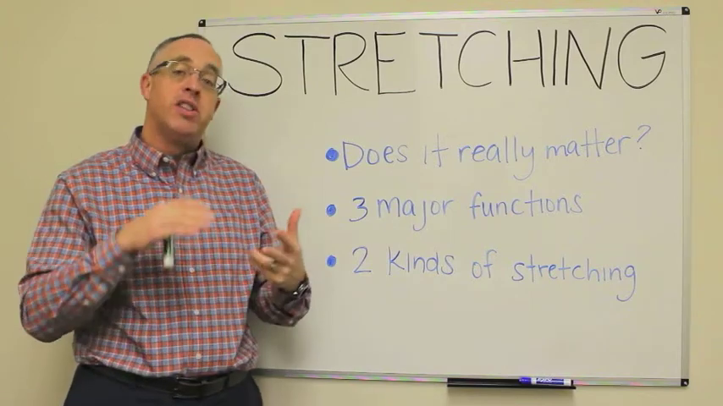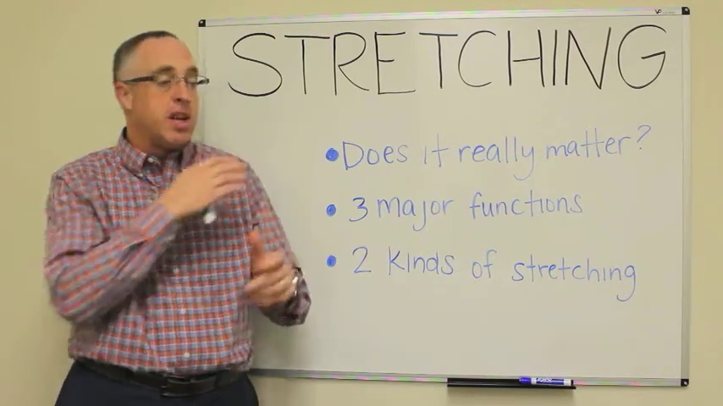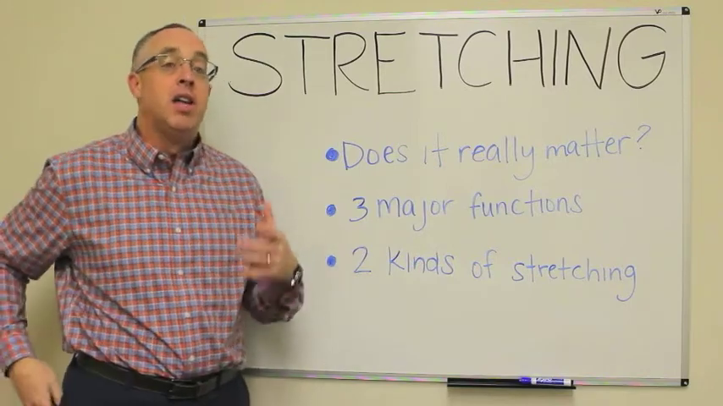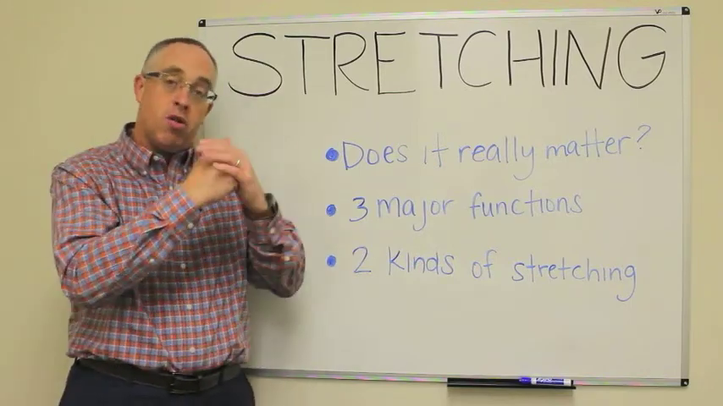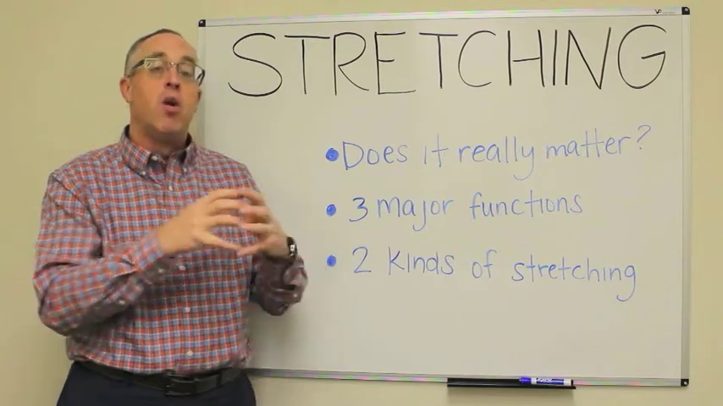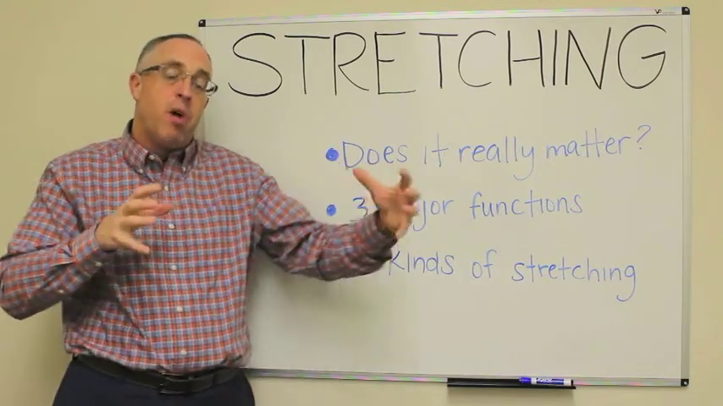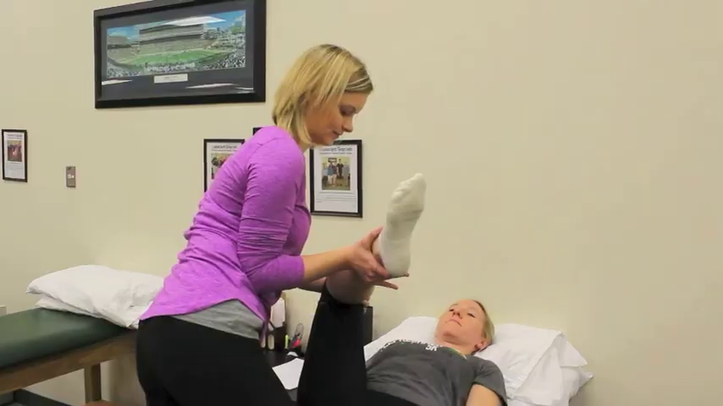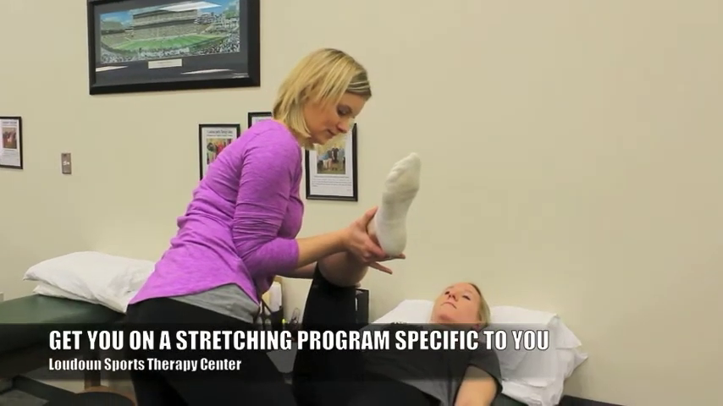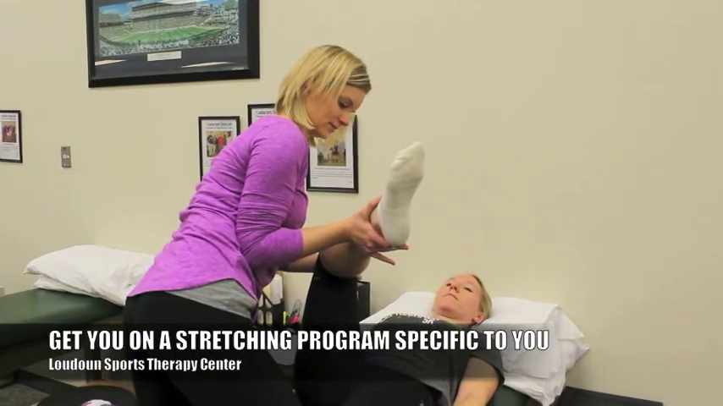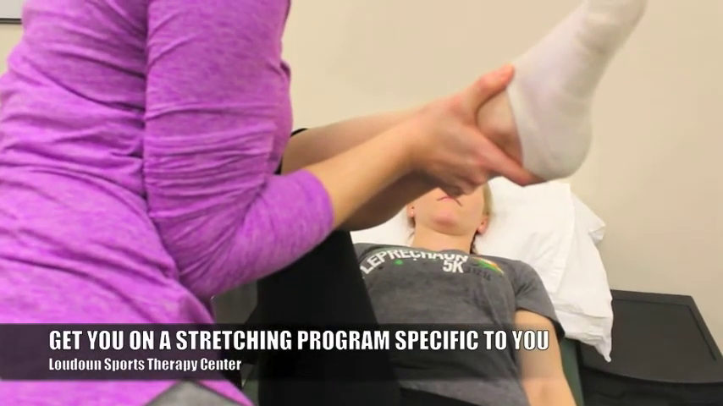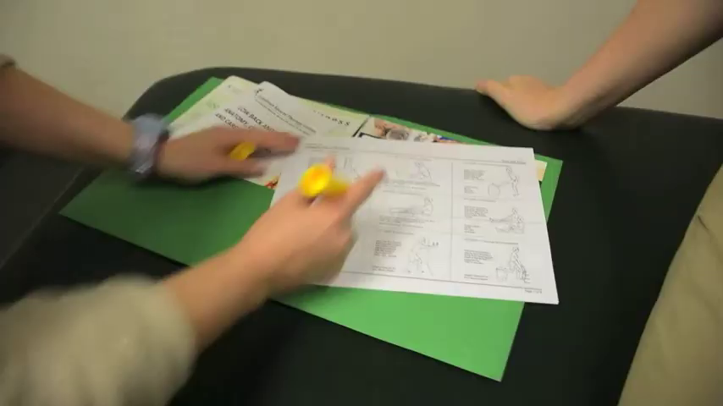But if you're experiencing any stiffness, any soreness, any pinching, any tightness, any popping, any cracking, that's a sign that either the pressure on a structure or inside of the joint is too great, or that the muscle isn't allowing a part of your body to move the way that it should. So what we need to do is make sure that we get you on a stretching program that's specific for you. As part of a physical therapy evaluation, we're going to look at specific movements. We're going to look at how you're doing things,